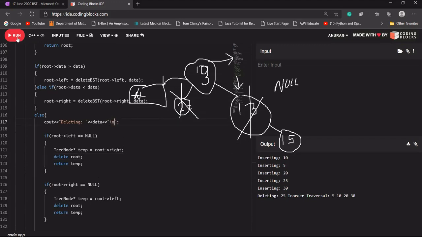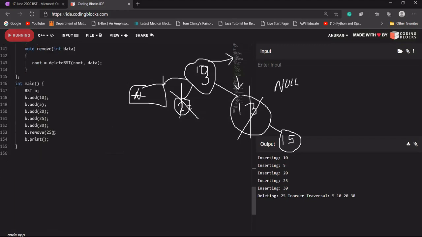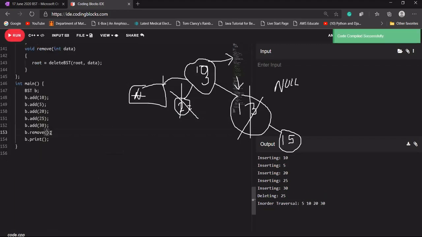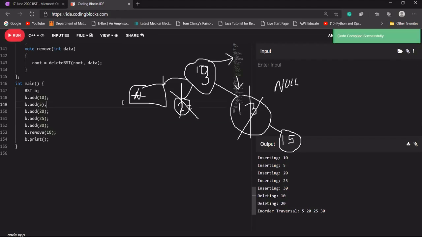Let's try to delete 10. If I'm deleting 10, I'm getting deleting 10 and deleting 20. Why are we getting both statements, although we are deleting 10 only?